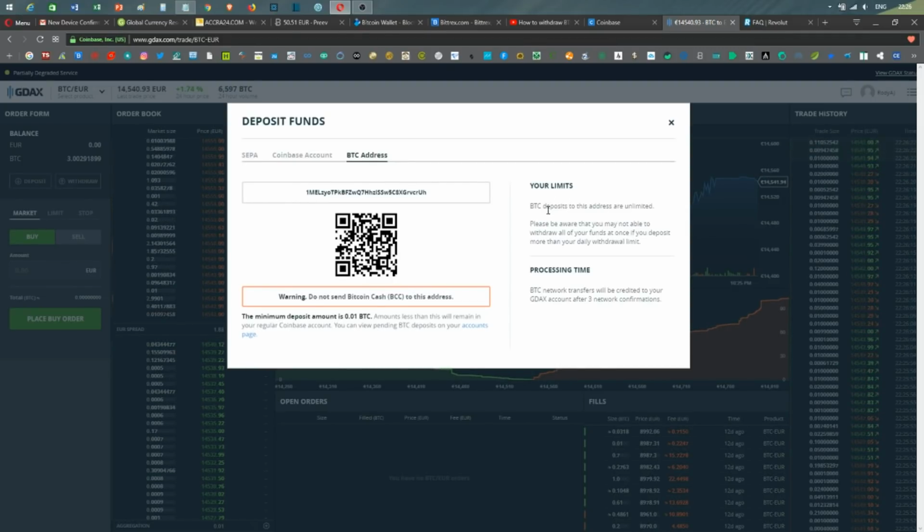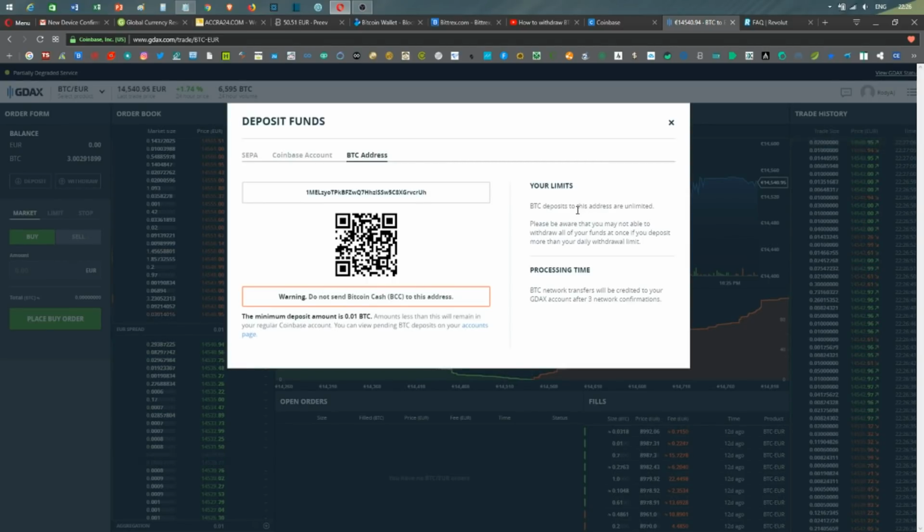Regarding limits, as you can see, BTC deposits to this address are unlimited. That is one of the very good things that I mentioned earlier in some videos, that because you have an unlimited amount of sending your bitcoins, you can really use Gdax if you want to trade a bigger amount. So if you want to trade a lot of bitcoins during a period when Bitcoin is increasing or losing, this is a very good place to keep your bitcoins for trading, because you can have them sent from any wallet directly